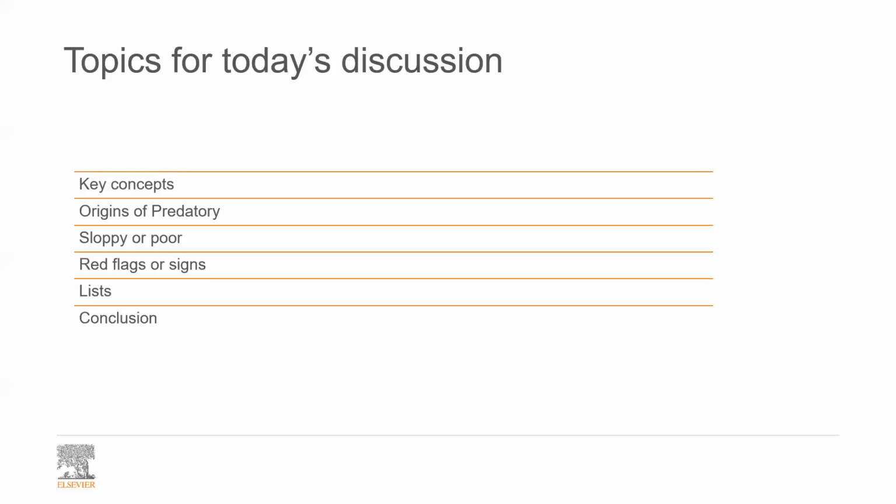And then we'll go through some of the red flags, the dilemma with using lists, white lists, black lists. We'll talk about all the dilemma around that and then come to some conclusion. Please, as we go along, add your questions to the Q&A box so that we can have some